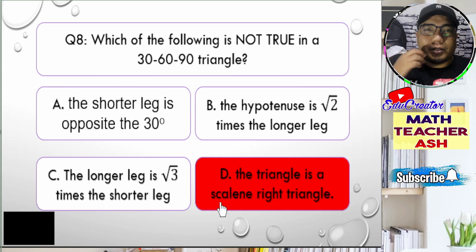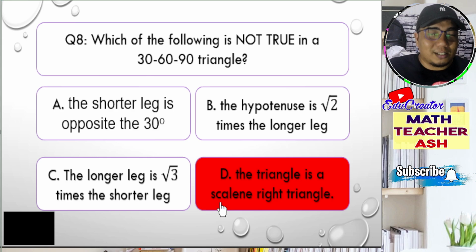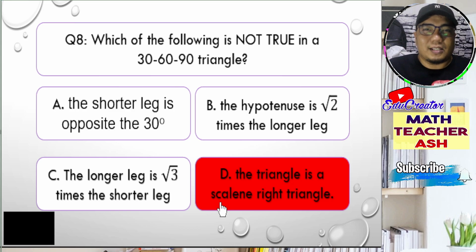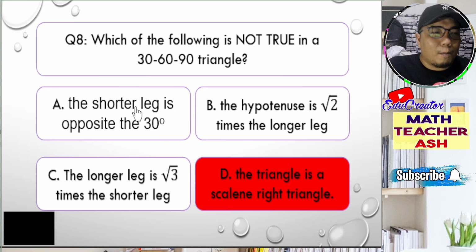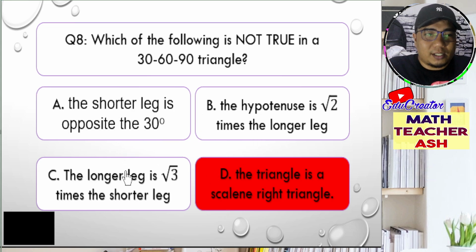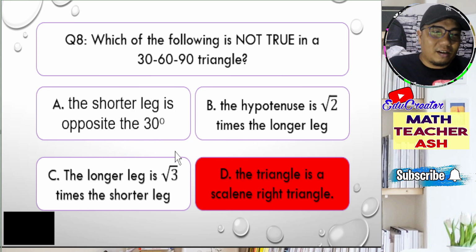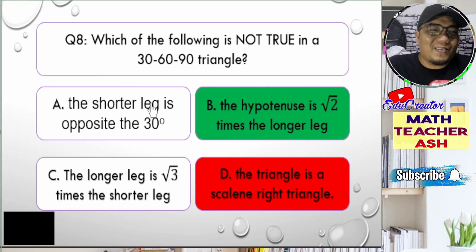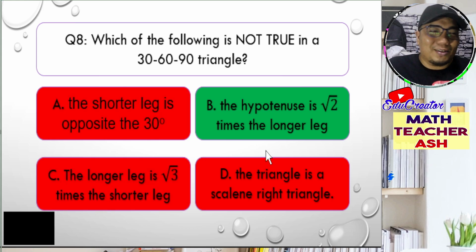Now, another technique here is that if you can still remember the topic on special right triangles, the 30, 60, 90 triangle and the 45, 45, 90 triangles. In the 30, 60, 90 triangles, it only uses the square root of 3. It doesn't use the square root of 2. Therefore, among these remaining choices, the false statement here is this one because the square root of 2 is used in the 45, 45, 90 triangle. Alright, we are correct, my dear math learners.